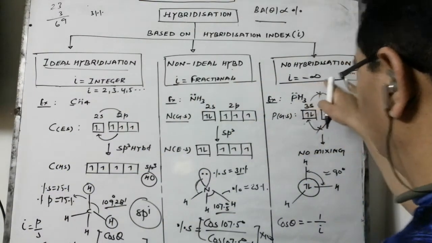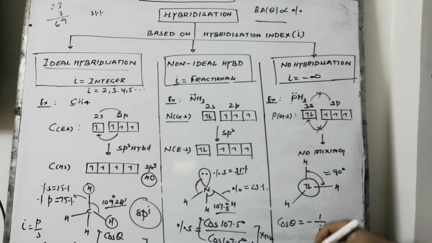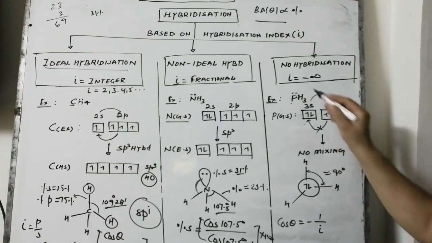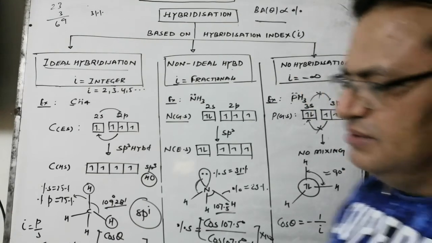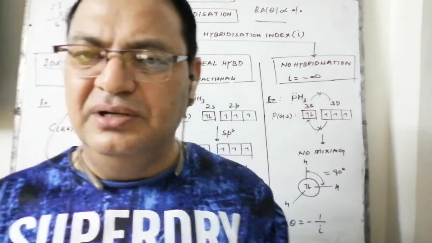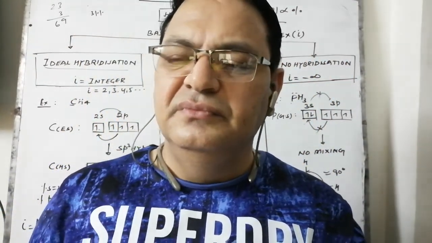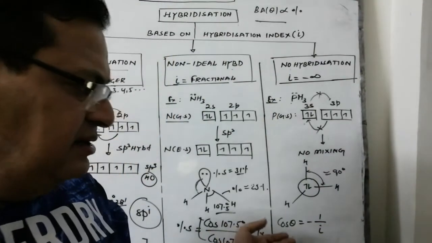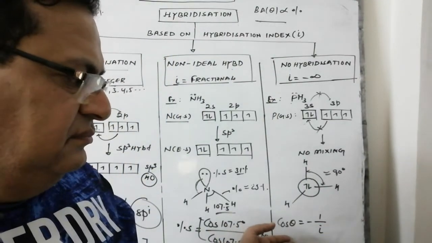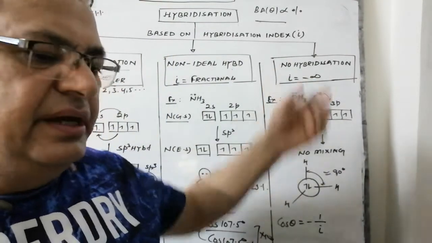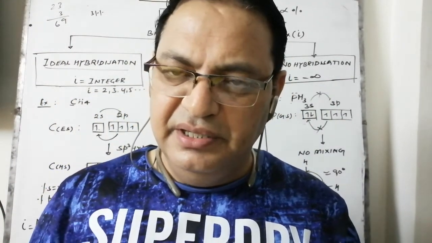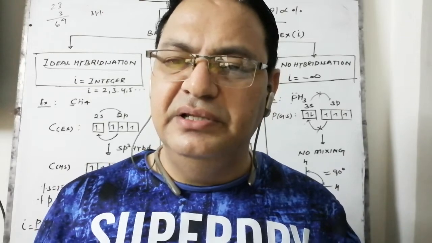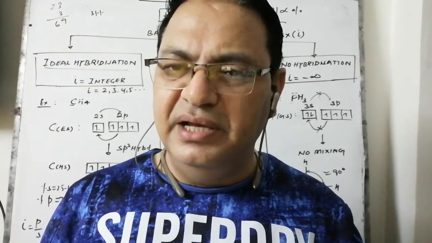And if I comes out to be negative infinity, this implies that there is no hybridization. Now the question arises, why exactly has hybridization not happened in this case? This is a mathematical interpretation that I came out to be negative infinity, but why exactly does hybridization theoretically not happen in this case? In order to explain this,